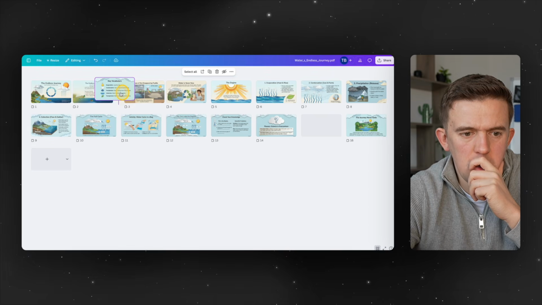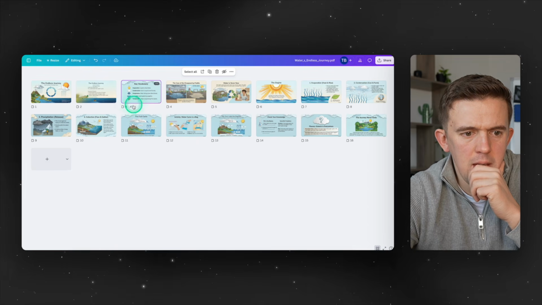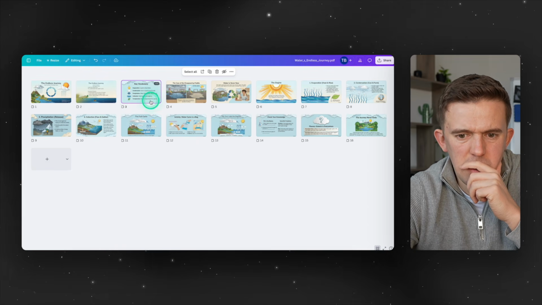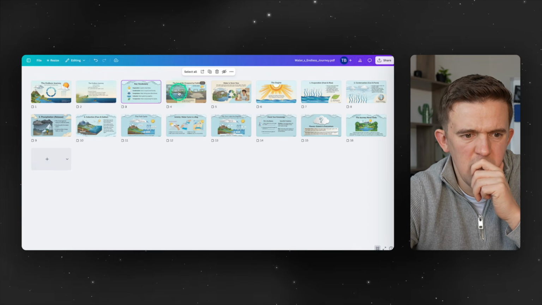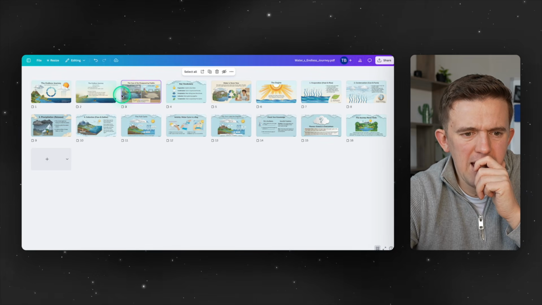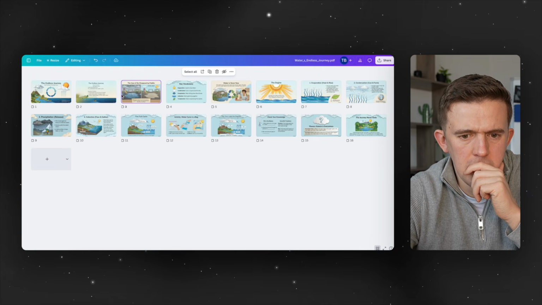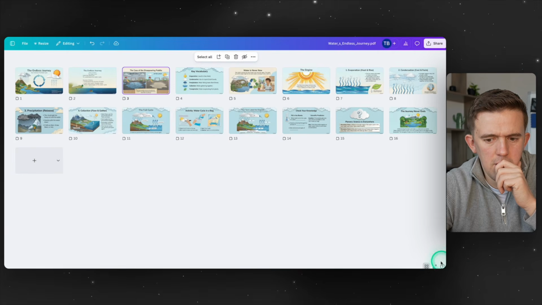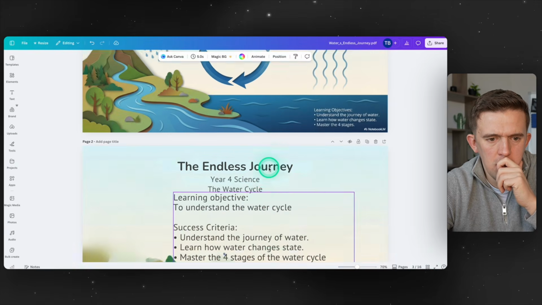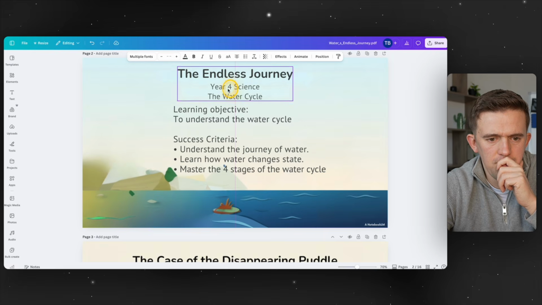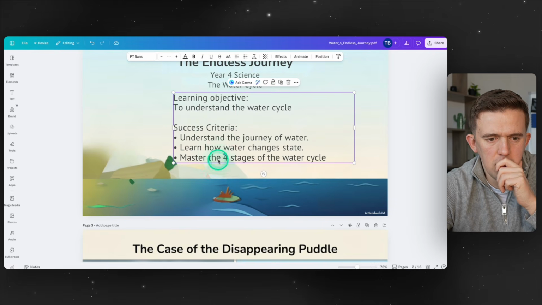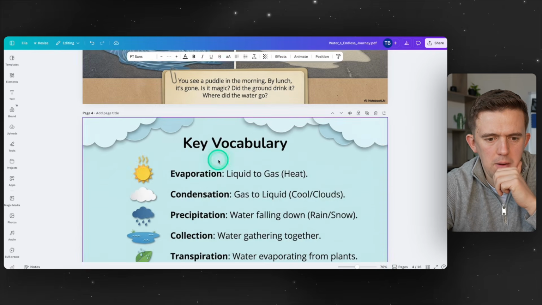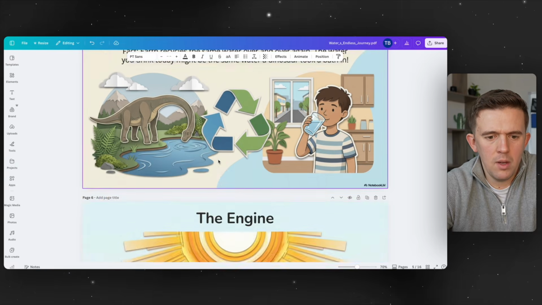Now, as mentioned before, what I wanted to do was to bring that slide, this slide here, up a little bit. So we'll just simply drag that into there, and all of a sudden we've got a decent looking bank of resources. Would I add the hook in? Maybe I'd add the hook in there before we start talking about things. Yeah, if we go back to where we were before, suddenly we've got the learning objective. Bring that up. We've got the success criteria, case of disappearing puddle, got the key vocabulary, water is never new,